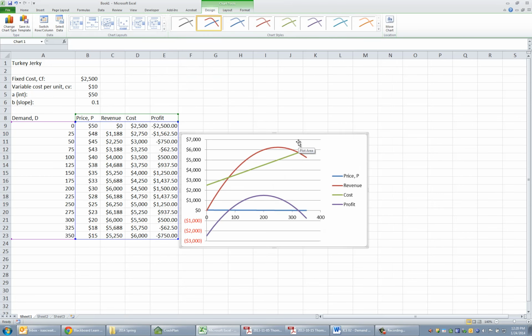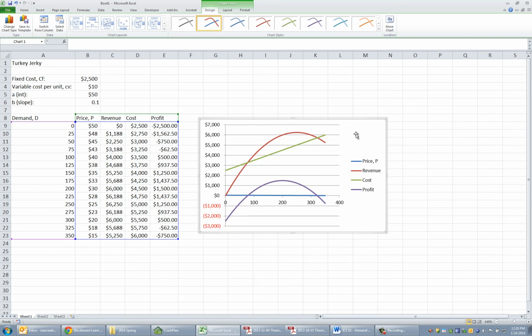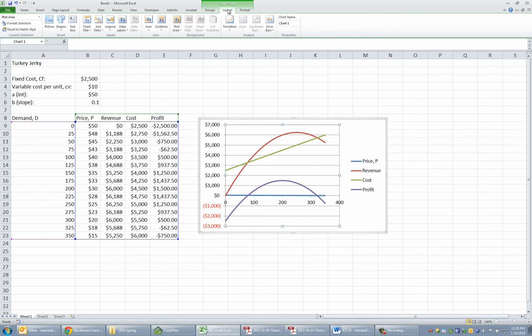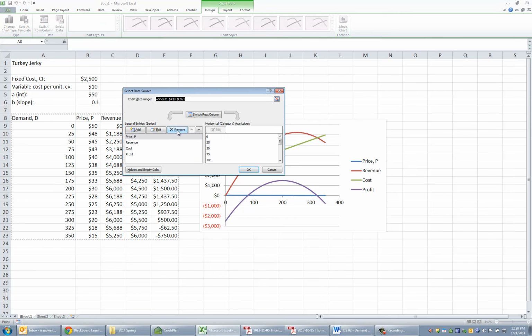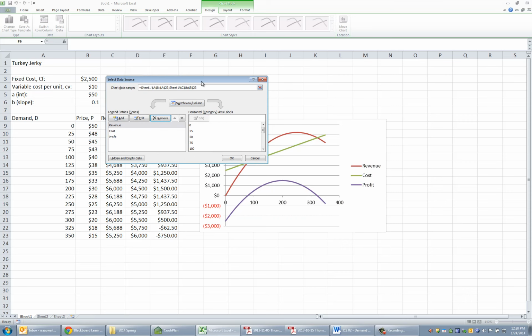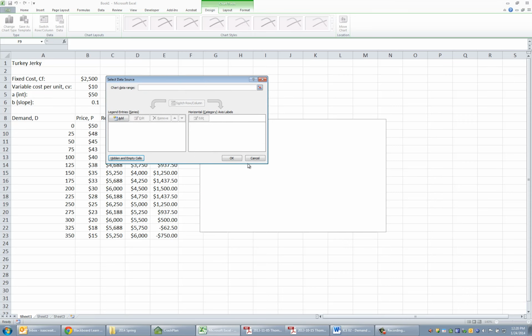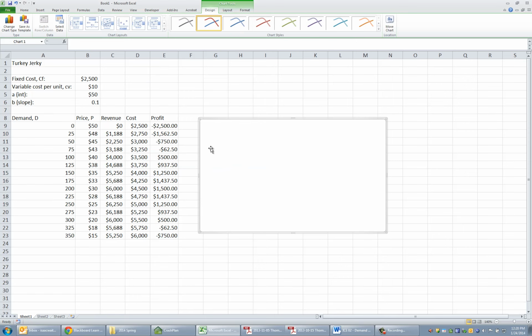It automatically sort of, in this case, guessed right. It's got the price curve, which I don't necessarily want to have graphed, but it's kind of a rare thing that Excel will guess right. So what I'm going to do is delete all those ones that were automatically put in there. I'm going to select data, and if I wanted to remove just the price curve, then that would be a pretty good graph. But let me show you, starting from scratch, when you insert a chart and it doesn't select